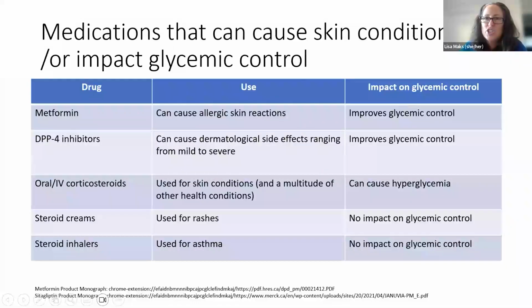Now we've got some medications that can cause skin conditions, some that are used to treat skin conditions, and I thought I'd walk through how they impact glycemic control and other determinants for this. So metformin and DPP-4 inhibitors have been noted to cause some skin reactions in some people, but they improve glycemic control. So we've got to balance that off. Oral and IV corticosteroids are used in a multitude of areas, from organ transplantation